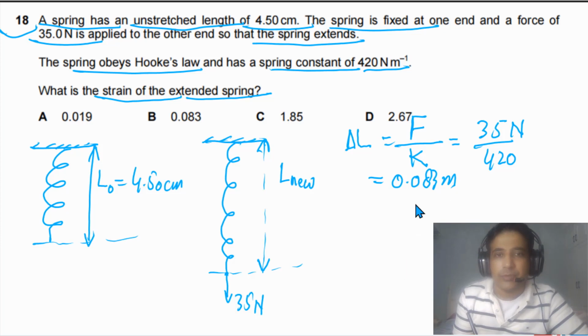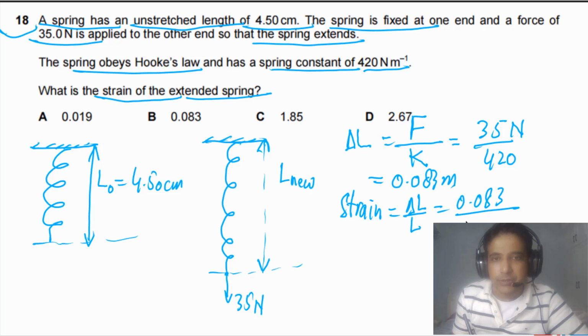So this is the value of delta L. Now we need to find the strain, and strain is equal to delta L by L. Delta L is equal to 0.083 and L is equal to 4.50 centimeters, which is equal to 0.050 meters. And if we solve this, in this case our answer will be equal to